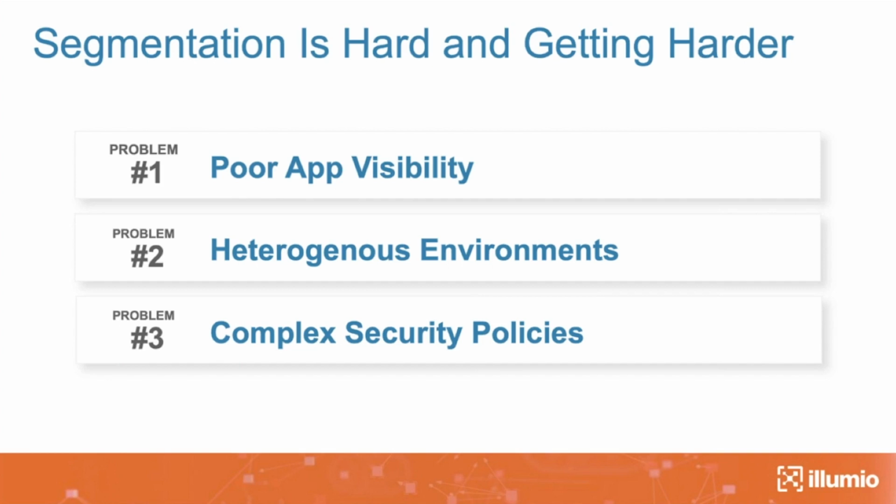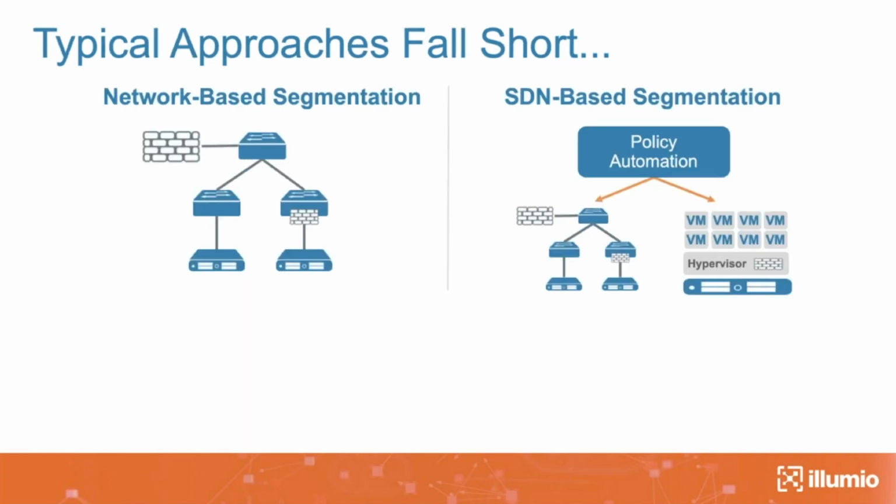So really what it comes down to is that some of the mechanisms that are available today actually fall short. One could say, well, I can do segmentation in my network using my network, because I understand the network, I understand the devices, the switches, the routers, the firewalls. I'm just going to use those to do it. Okay, great. That's one way to do it.